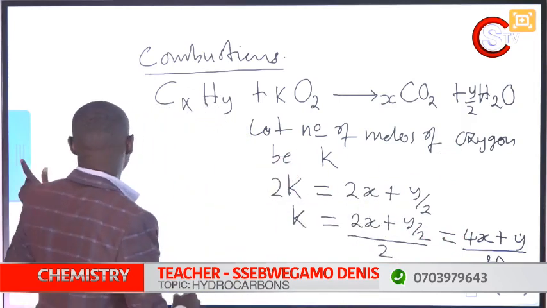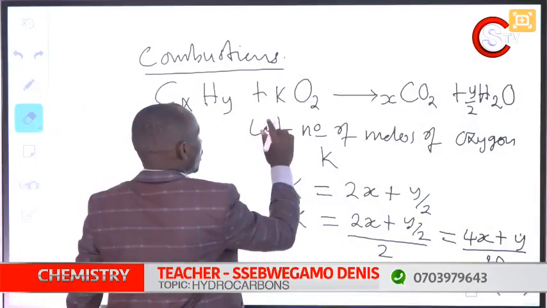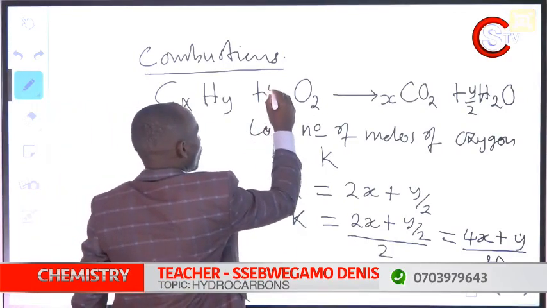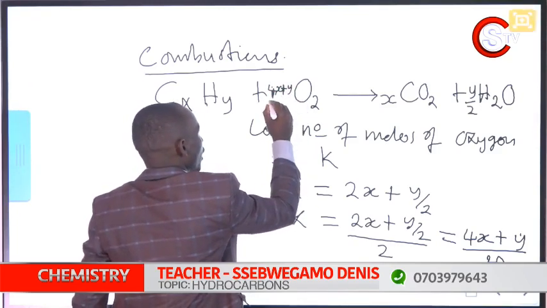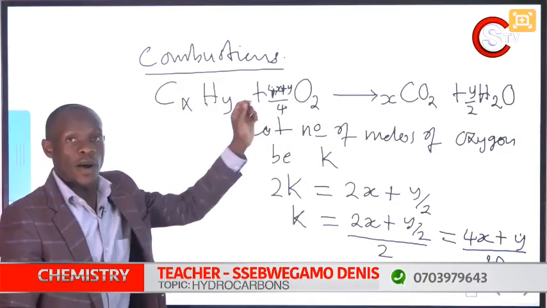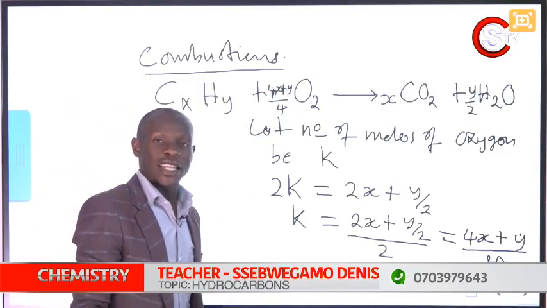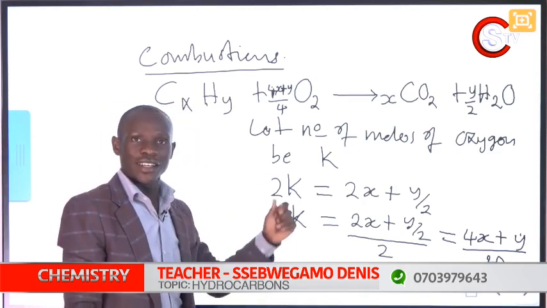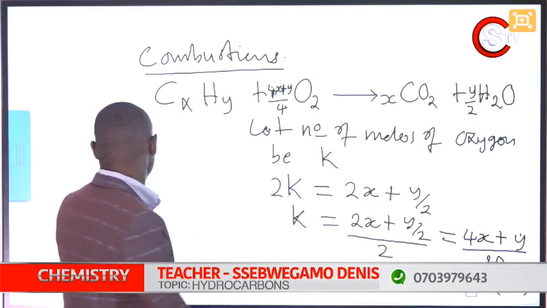So I simply balance my equation by putting x plus y over 4. So this is the general equation for combustion of all hydrocarbons. But remember, we said there are basically 3 classes of hydrocarbons. You have the alkanes, alkenes, and alkynes. So if I start by looking at alkanes,